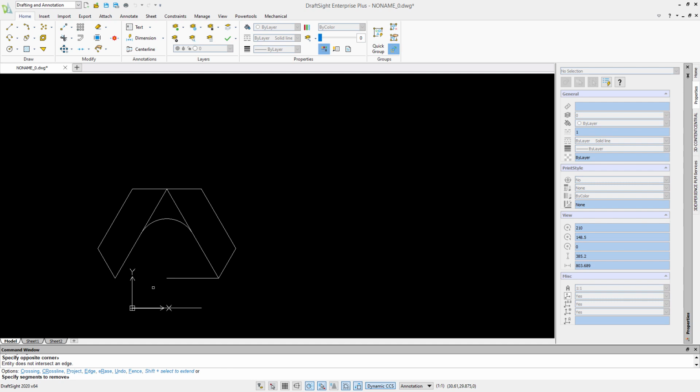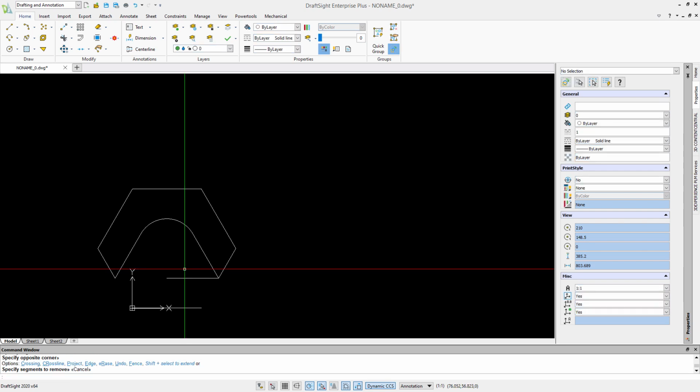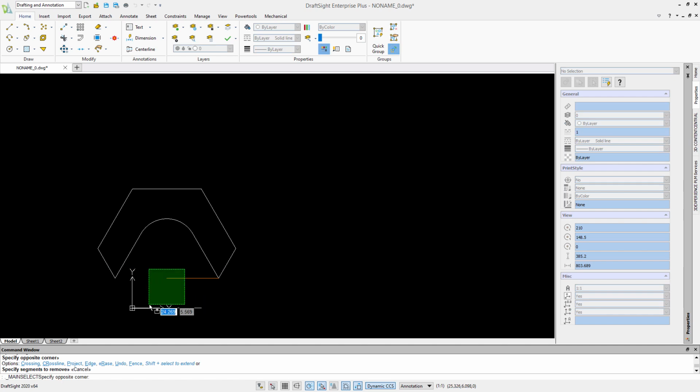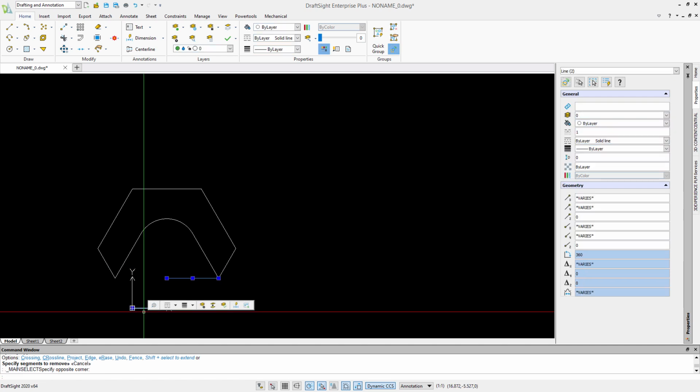But note with this, it will trim lines, but it won't delete lines. So here I'm left with two individual line segments, so I would have to delete them as a separate command.